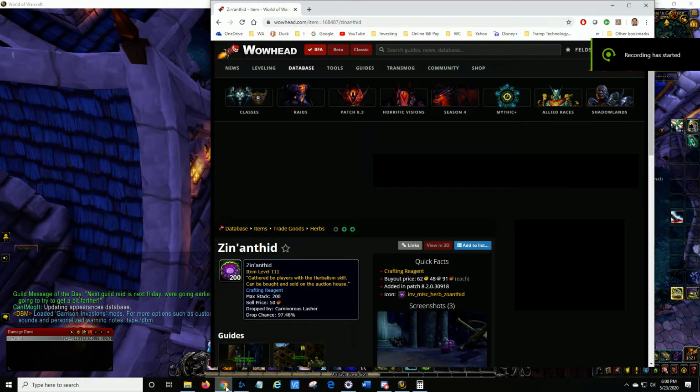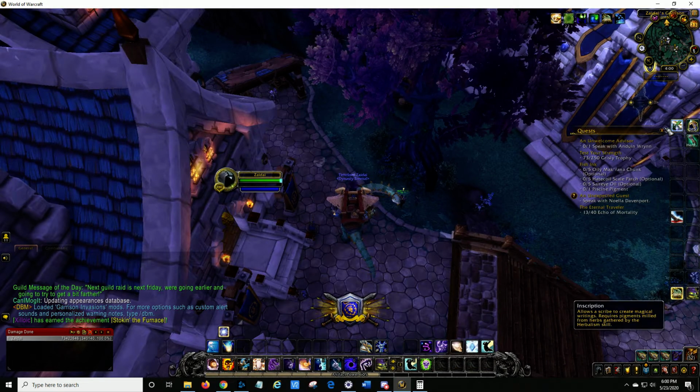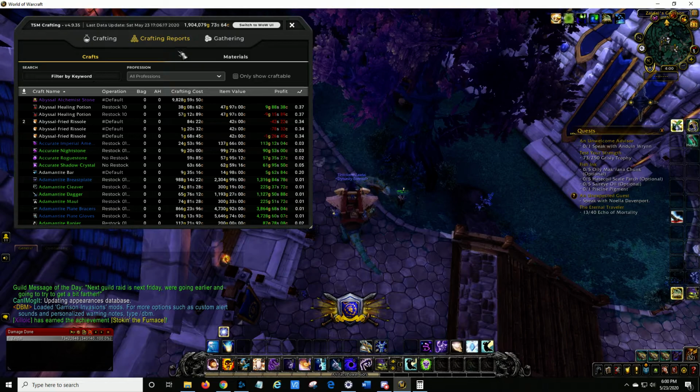So I want to do a video on Inscription. First thing, one thing you want to do is figure out the cost of your pigments and what you're going to need. So for example, xanthid, you're going to need this number up here, 168487. So on your crafting window,